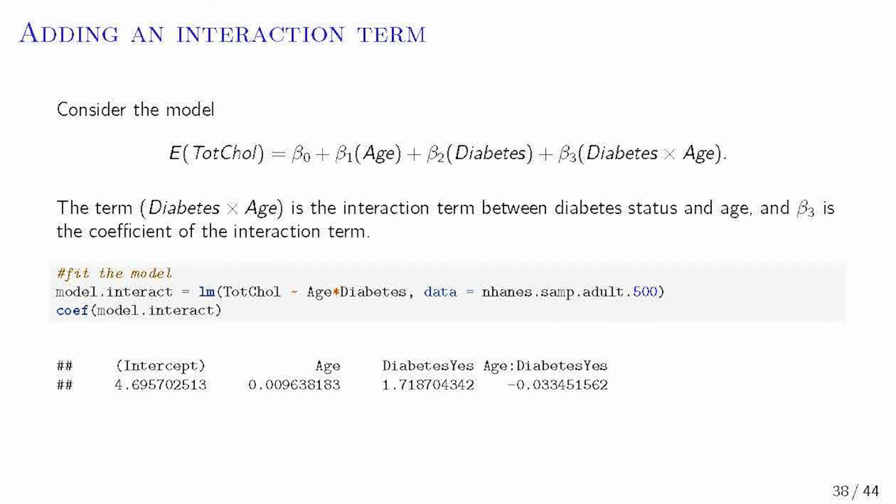Now we see a little more reasonable result. We have our intercept, so our mean of all at 4.695. We have our age, so the cholesterol is going to go up by 0.0096 for each year, and diabetes is going to indicate if yes, then there will be a higher mean for cholesterol. So our intercept is shifting here. And then we can take into account the downward slope that we observed when we interact age and diabetes. And we have a slope change of negative